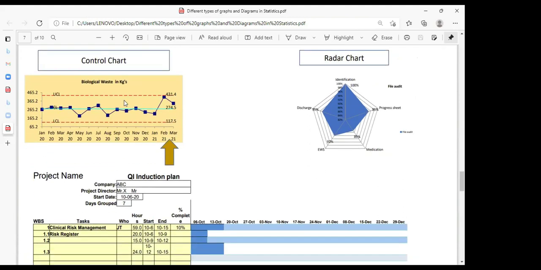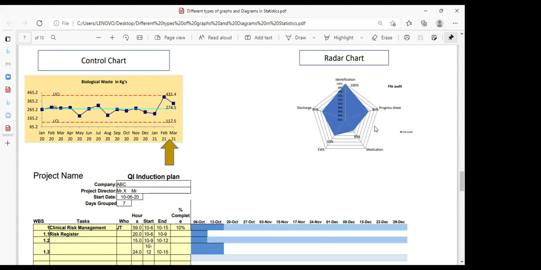Coming below is the biomedical waste in kgs. If you can see here, there's an upper control limit and a lower control limit, and then you see the biomedical waste happening in kgs, and all of a sudden you see there is an increase. There's an astronomical thing, a special cause almost, over here. An immediate action plan was done, the team got together, and after the action was implemented, we saw a dip. The problem was the staff disposing of the biomedical waste in inappropriate bags. That led to the problem. After we implemented the change, you saw there was an improvement.